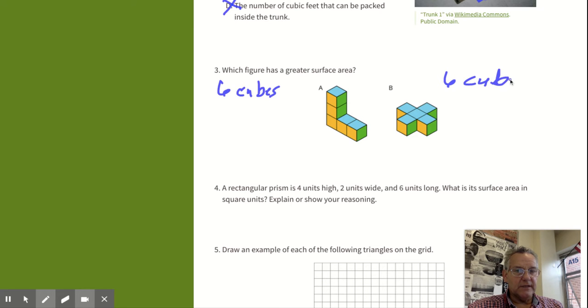And you would be inclined to think that they had the same surface area, but they don't. So let's just count them. 1, 2, 3, 4, 5. And then, of course, the ones on the bottom, so that's 10. And then I'm going to start here. 1, 2, 3, 4, 5, where you can't see. 6, 7, where you can't see. 8, where you can't see. 9, where you can't see. 10, where you can't see. 11, and 12. So, therefore, the surface area of this shape right here is 22 units squared, because they're each